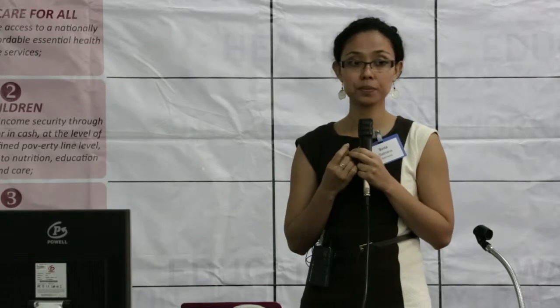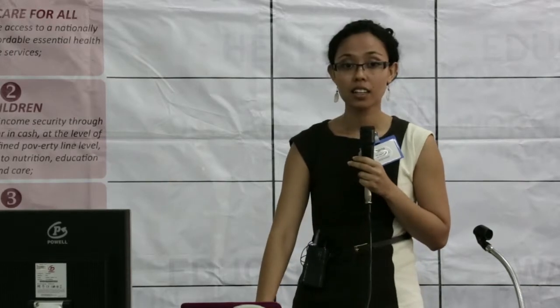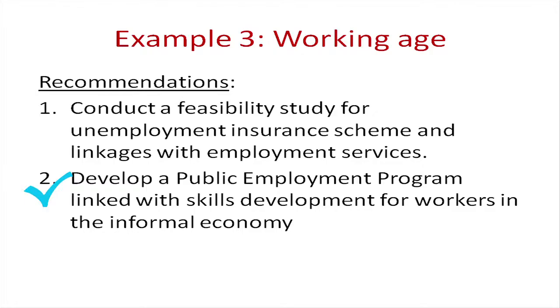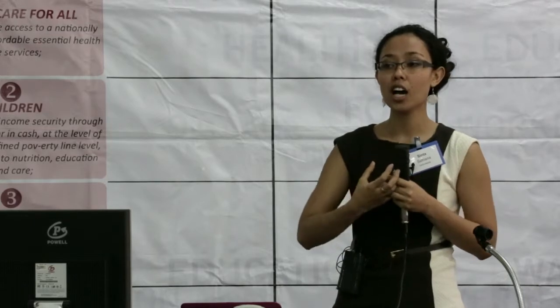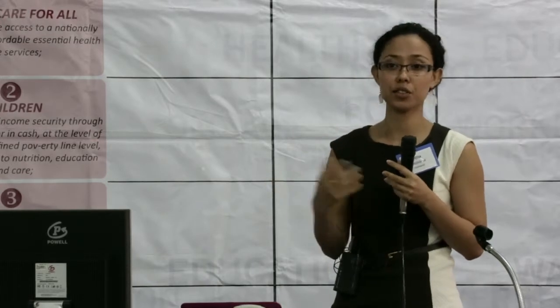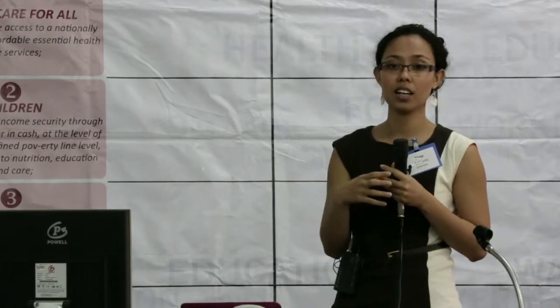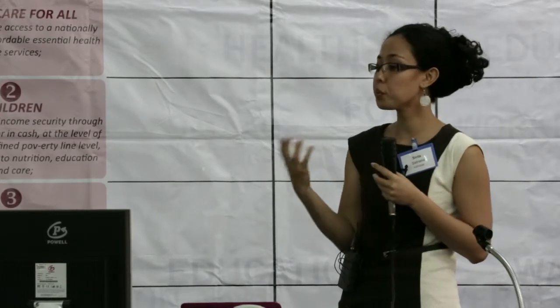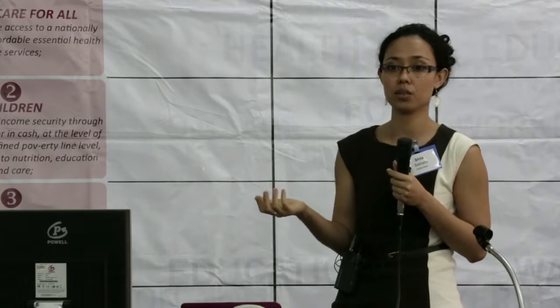Which one is forecasting? One, yeah, that's also a similar case as the first recommendation of health. Because an unemployment insurance program, a new program, if we would like to implement it, requires a bigger work of actuarial studies and other feasibility studies, of course. So we decided this is beyond what the RAP protocol can calculate. So that's why we put here, conduct a feasibility study, which also include actuarial studies and so on.